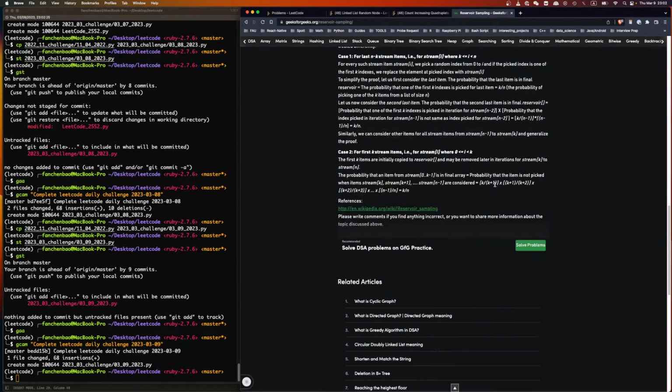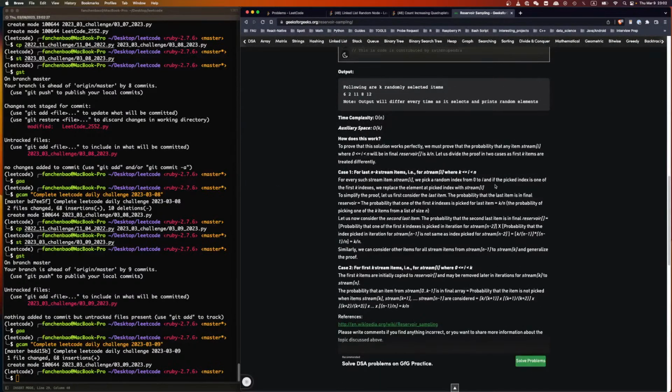What's the thing for n, k items for stream i? For every stream item, we pick a random index. If the pick is one of the first k, we replace, so that means it's being selected. So it's 1 over